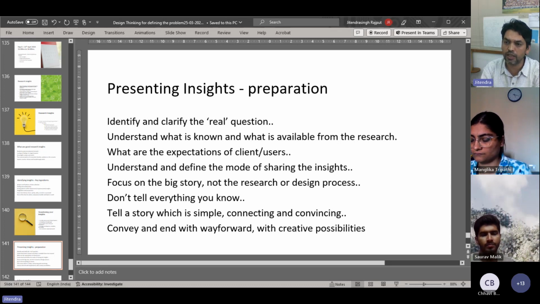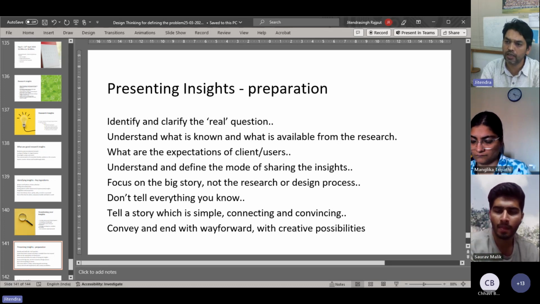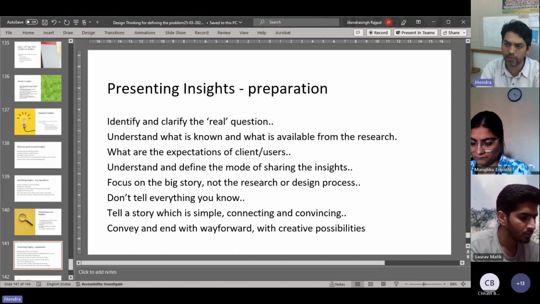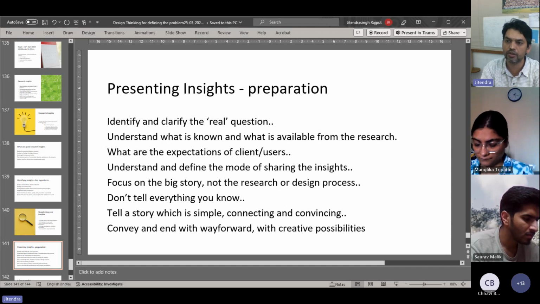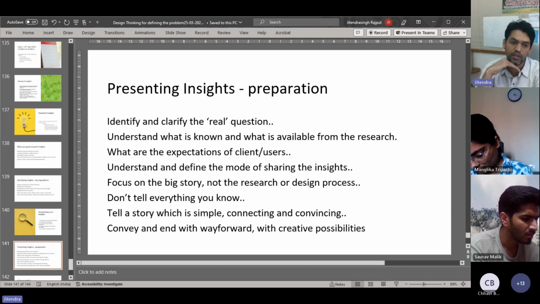Tell a story. Don't tell your data. Don't tell your ideas in a straightforward manner. Bring in contents which create a story in the minds of people. People remember stories. They don't remember information. And that is why we go and watch movies, because stories are more connecting to us than the content or information or climax which we are really waiting for. So story is more critical, and bring that story into your presentations.